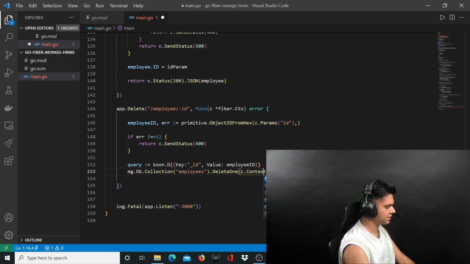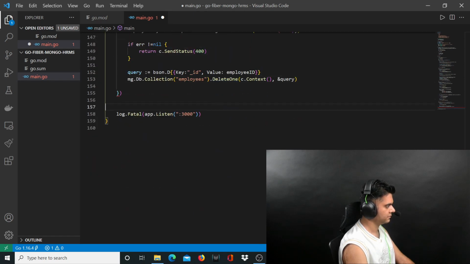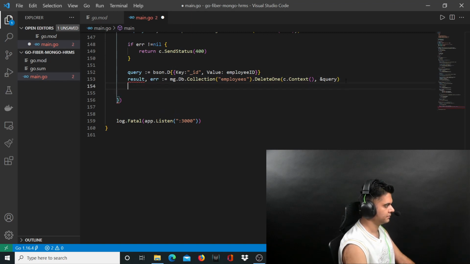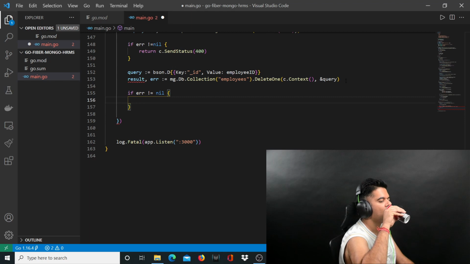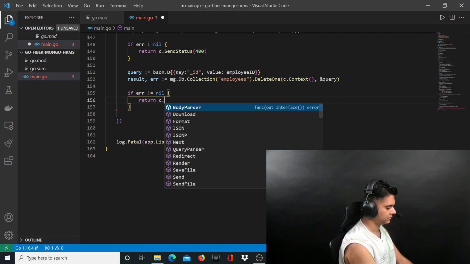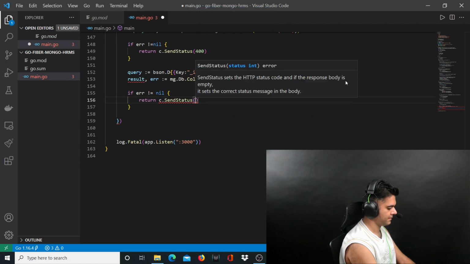Just make sure the spelling of context is correct. And whatever you get back from running this query, you store in result, or you get back an error. And you can handle the error now. If error is not equal to nil, then you return status internal server error. So let's say return c.SendStatus(500),